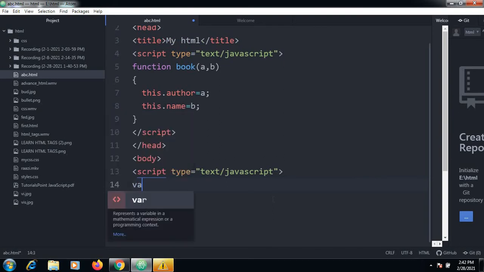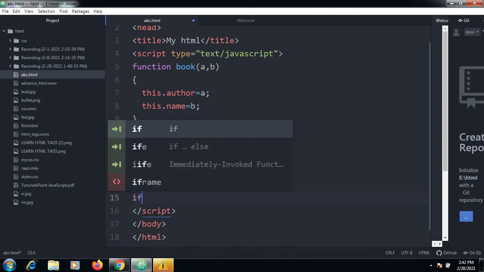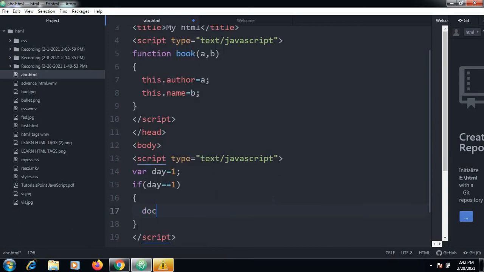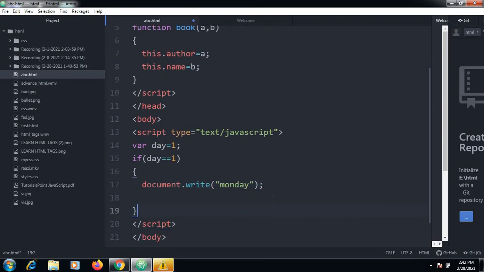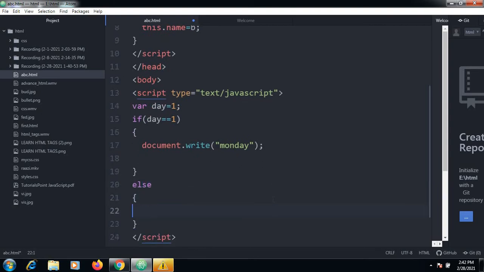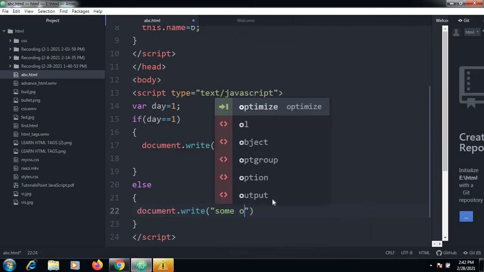If we take one variable day, I will call it as 1. So if day is equal to 1, I will call document.write Monday, or else it is some other day, document.write, it is some other day.